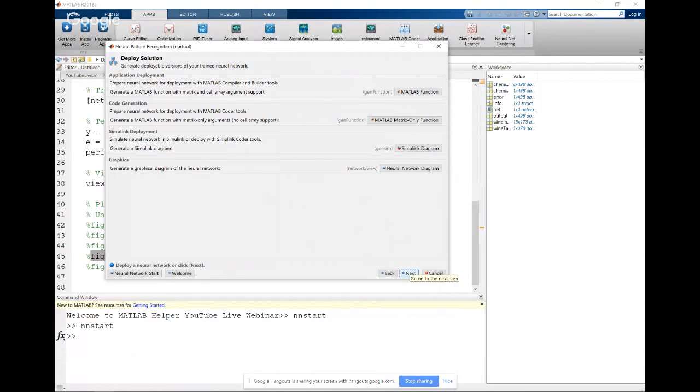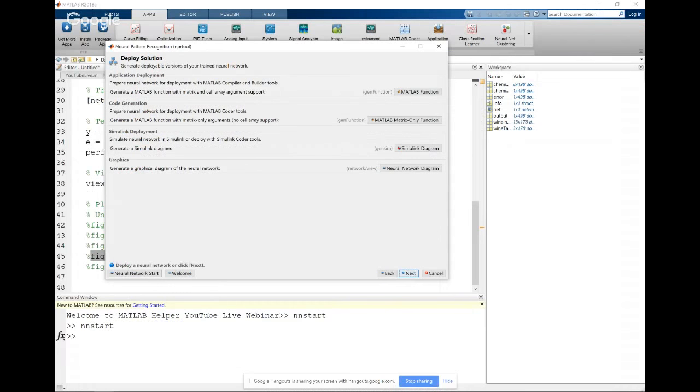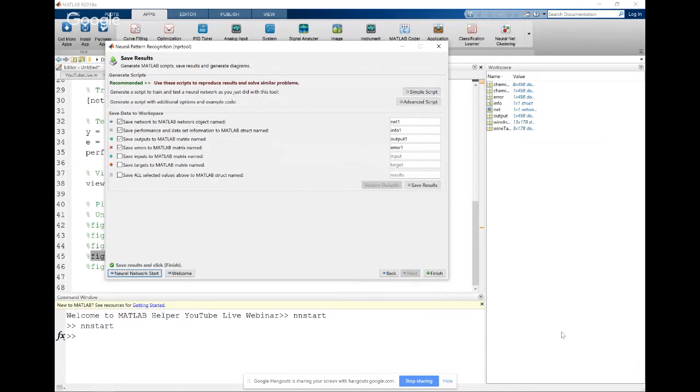As I explained in the previous section of data fitting, here also you have four options for deploying, which are the application deployment, code generation, Simulink deployment, and graphics. But we just want a simple script, and that's the reason we'll be clicking on the next button, where you can save these results.